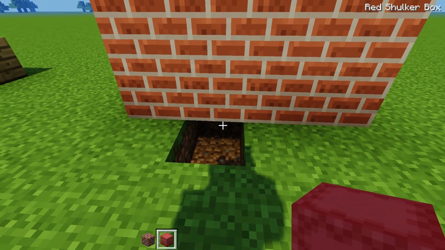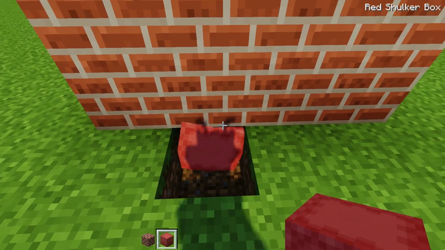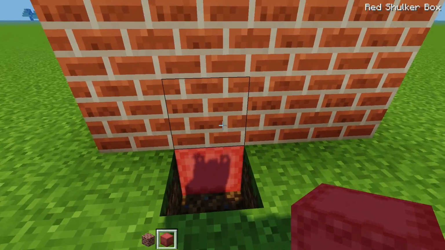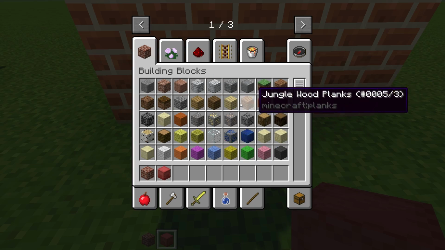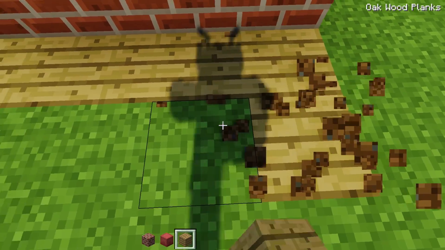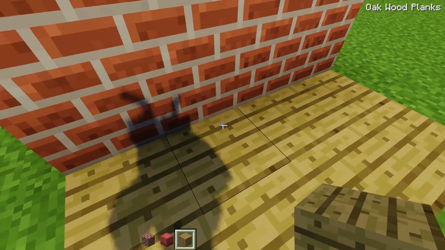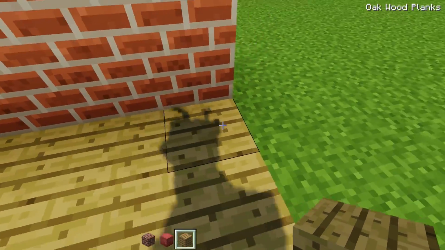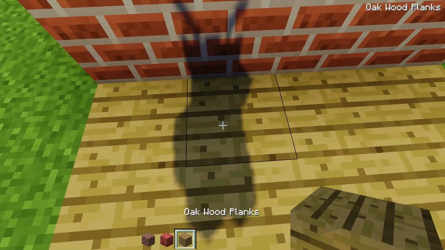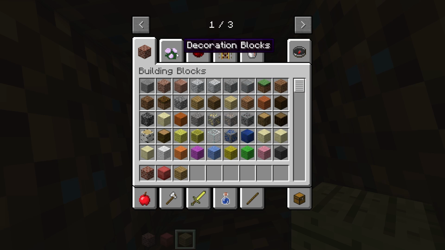Place it under there. Now make sure it's facing sideways so it opens up towards us. Otherwise, if it was facing up, you wouldn't be able to open it due to this block above it. And now we're also just going to create a floor as well to this, so we're going to have planks like that. And basically what we want to have is this block here coming down when we chuck an item over here. So what we're going to do is destroy that block, destroy 2 blocks down,